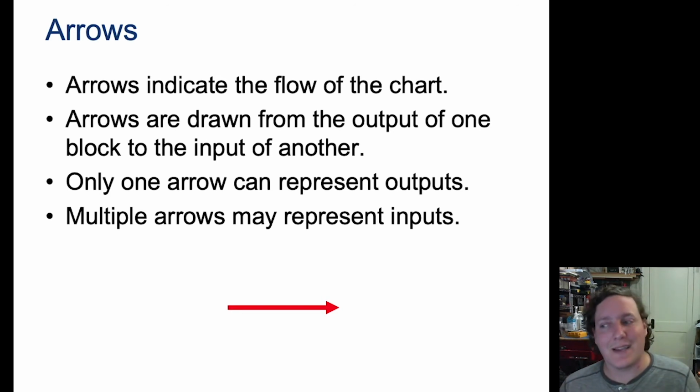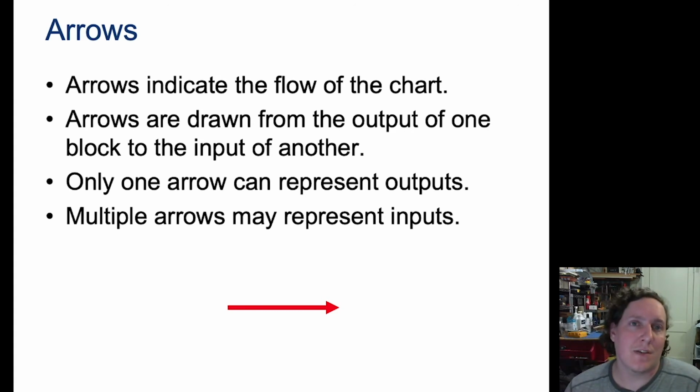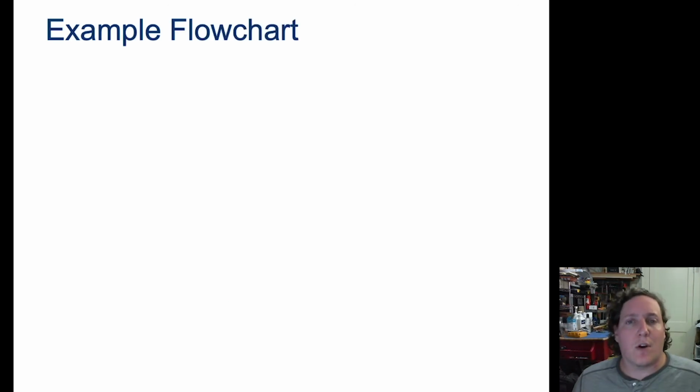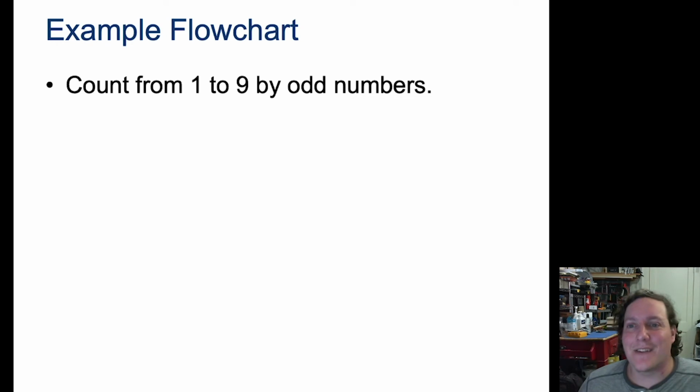Okay. And I didn't think to include it in this, but think about the way that the Project Lead the Way, our engineering design process works. We've got possibilities to go back to any number of different results based on the result of the current stage that we're operating on. So, other examples of flowcharts, and like I said, I kind of regret not having the Project Lead the Way one, but it could be something as simple as counting from 1 to 9 by odd